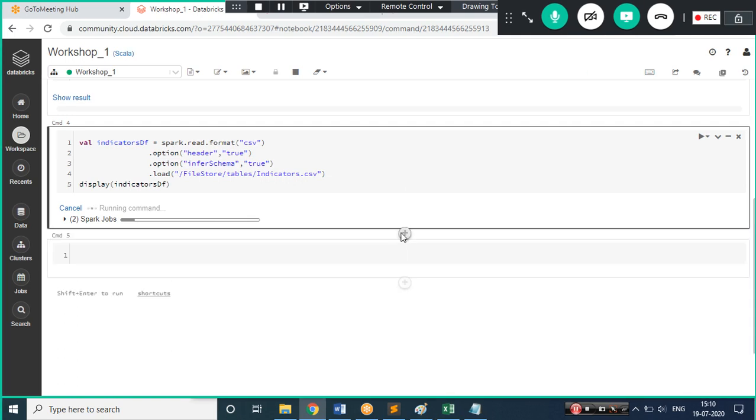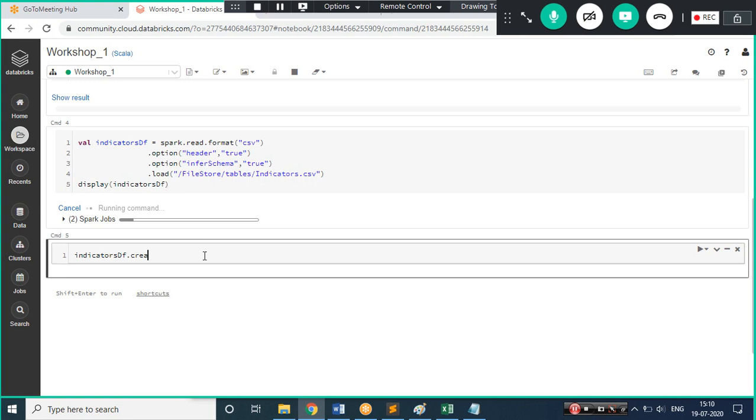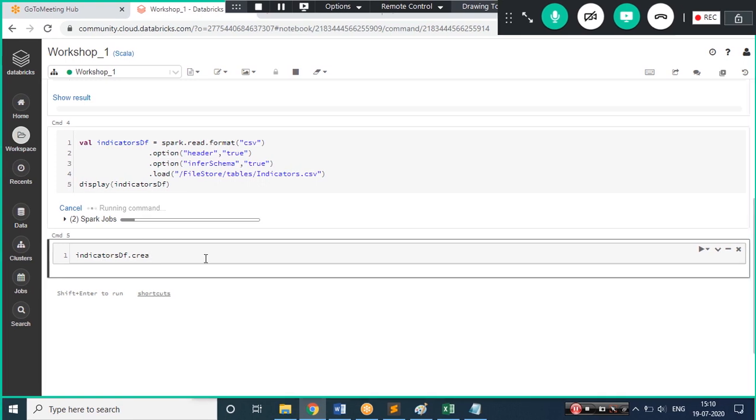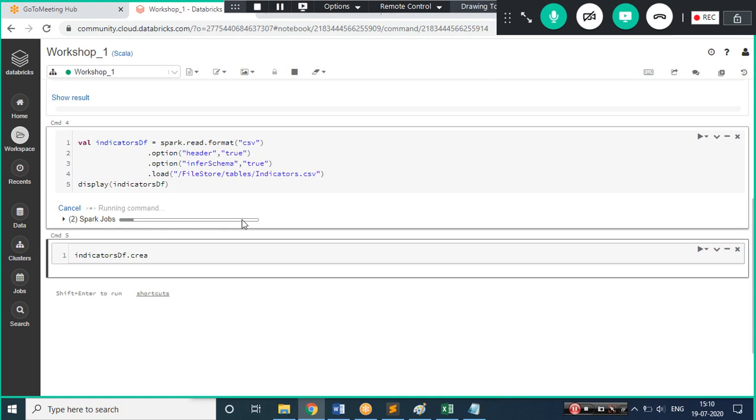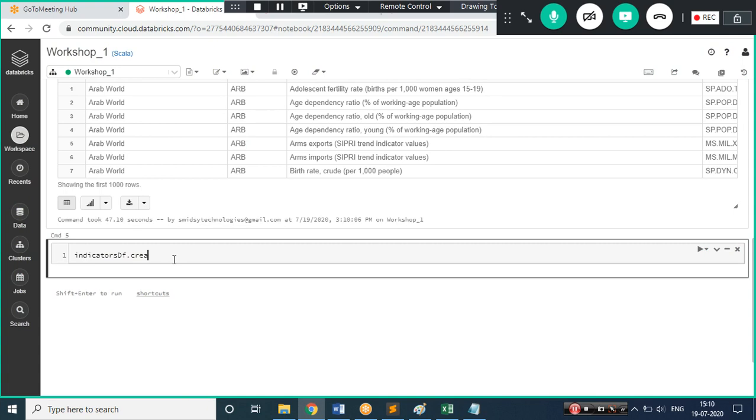Till the time it is getting executed, I'll just prepare my data frame, all what I need to display, or just how I did earlier. I'll just create a temp table out of it so that I'll be ready for the next piece of code which we need to write. Now, as this is a very minimal cluster which I have used with a very small configuration, hence it is taking time. But in real time, the cluster will be in a strong position to manage your GBs, TBs, or even petabytes of files. As of now, this is just a local machine which I am using, of a very small configuration, hence that is taking time.